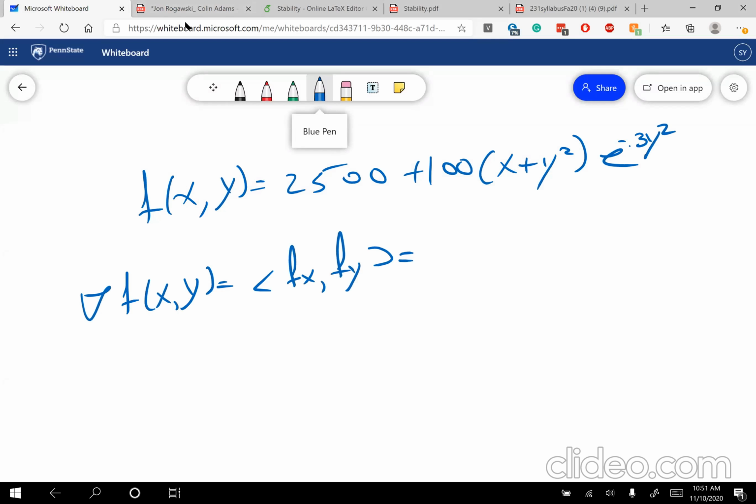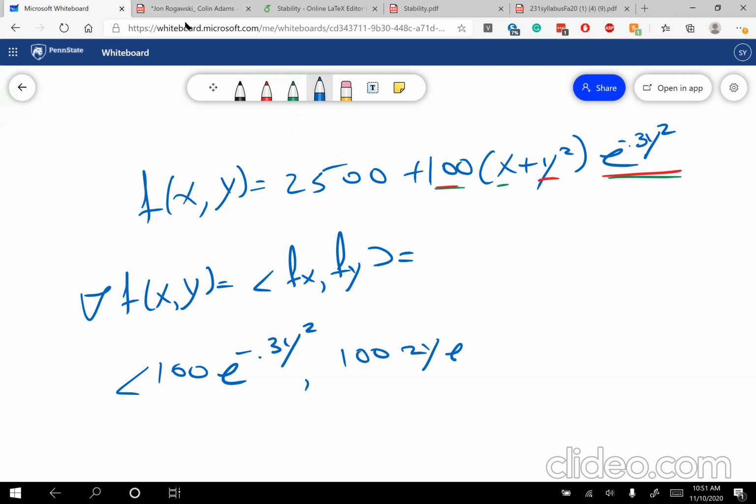The x part is going to end up being 100 e to the negative 0.3y squared, comma. And for the y part, we clearly have a product rule. So in the y direction, we're going to have 100 times 2y e to the negative 0.3y squared